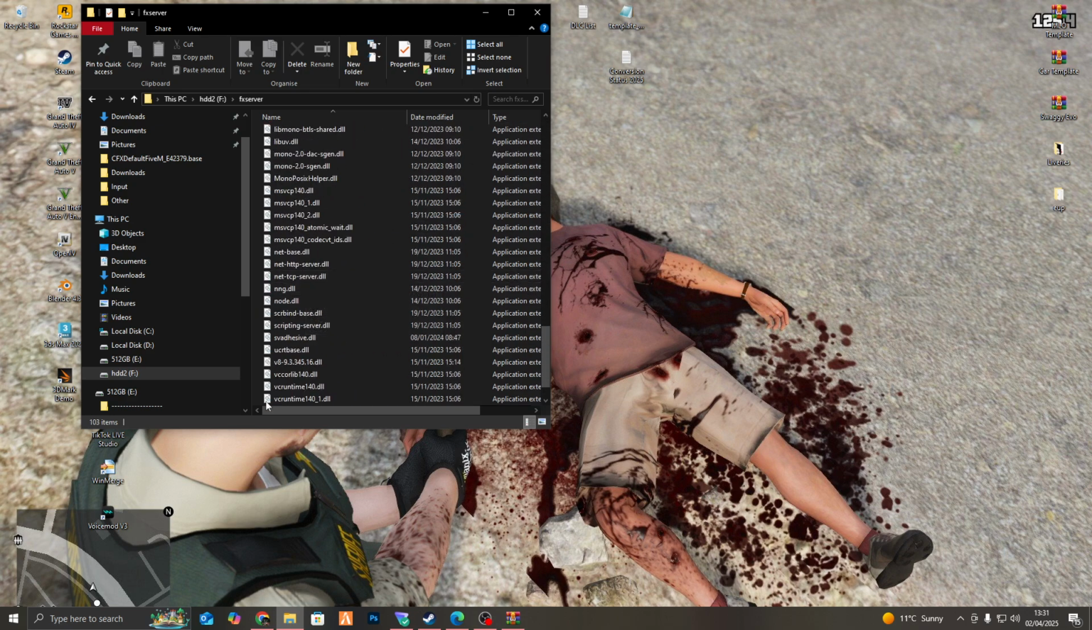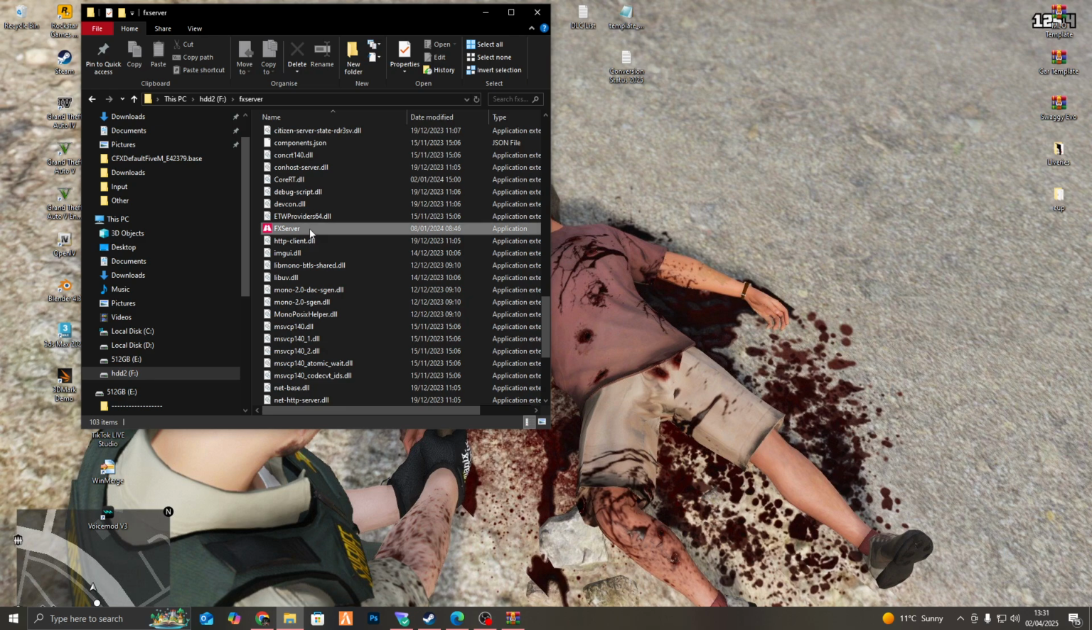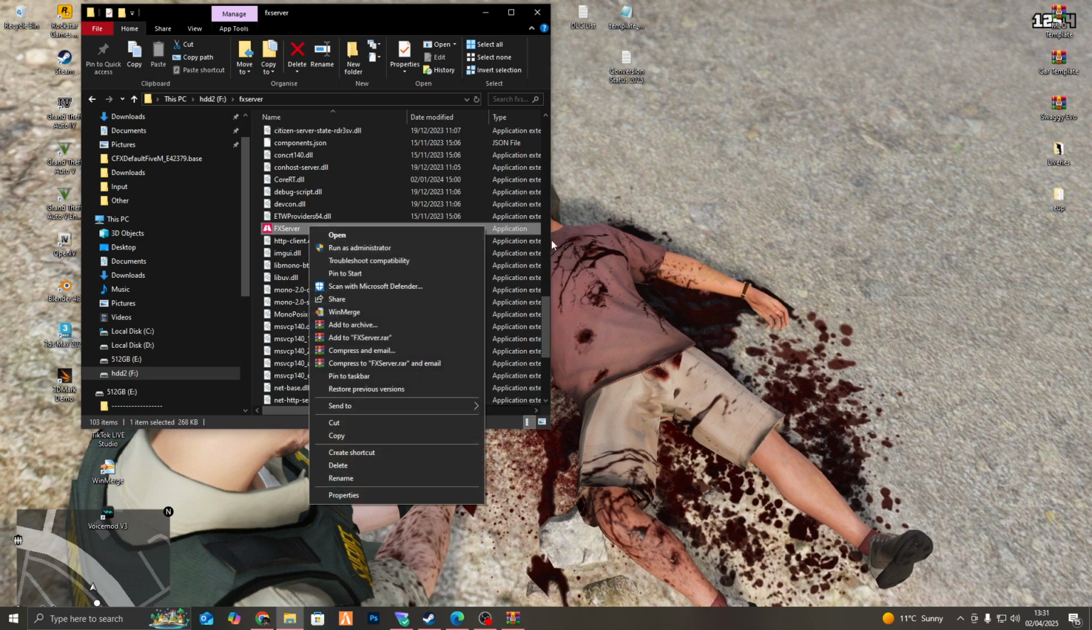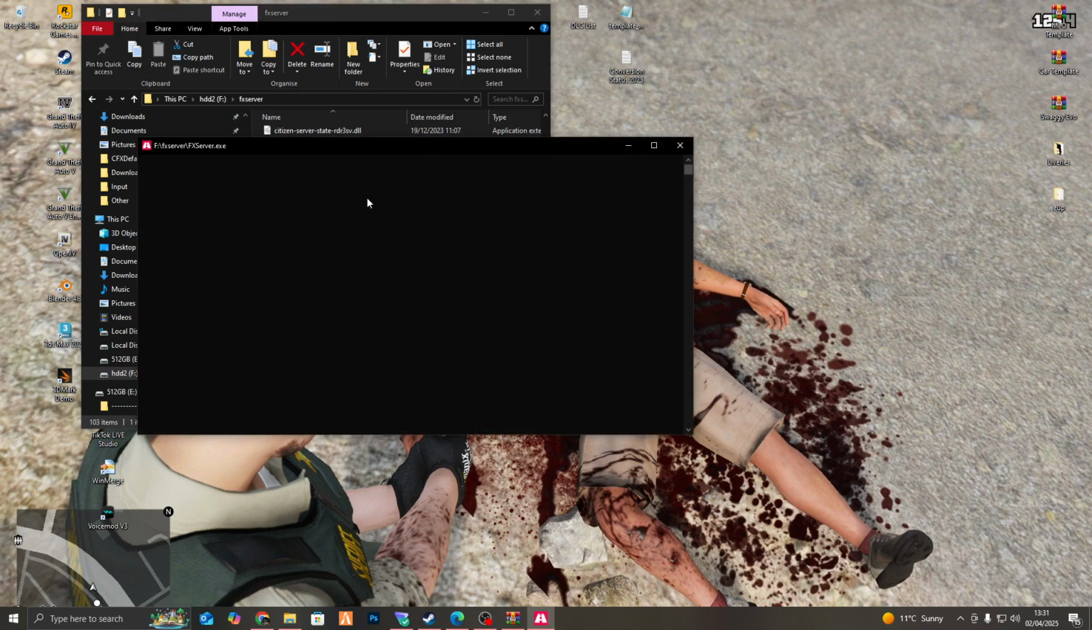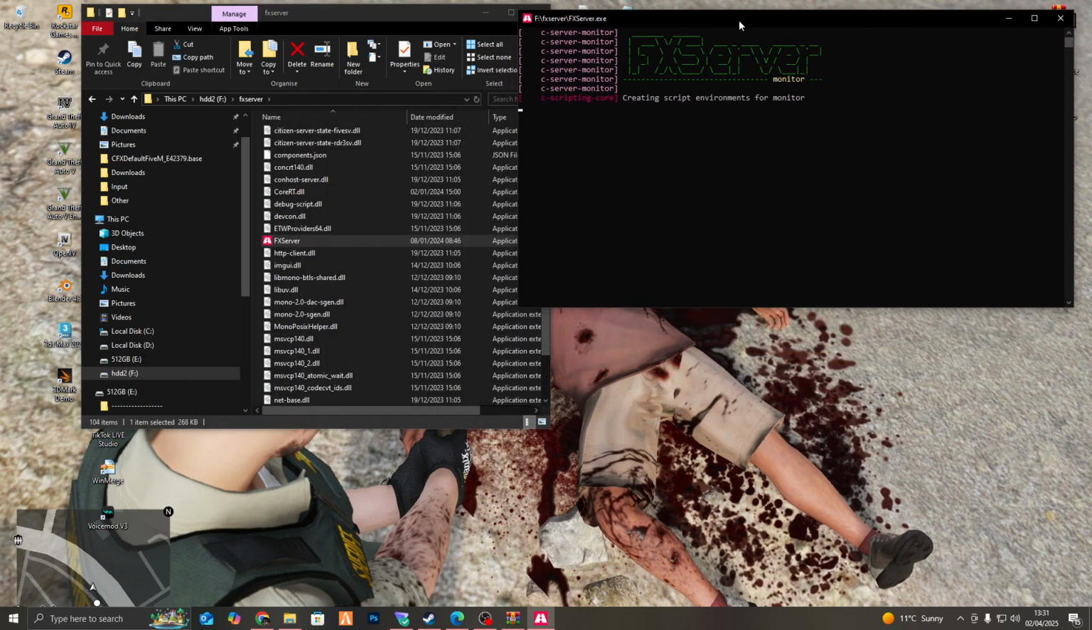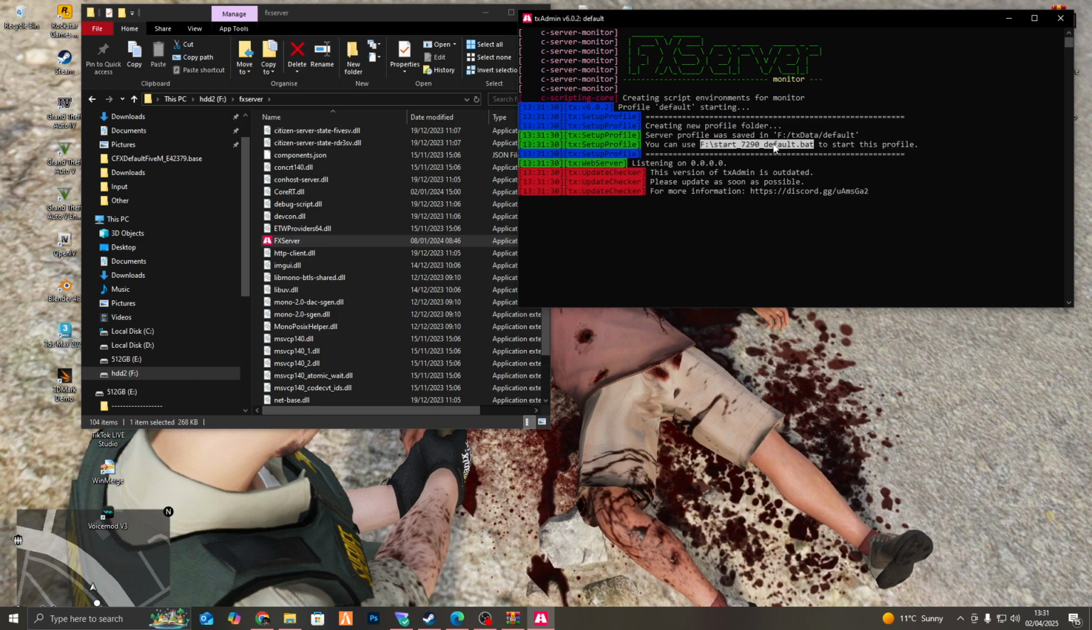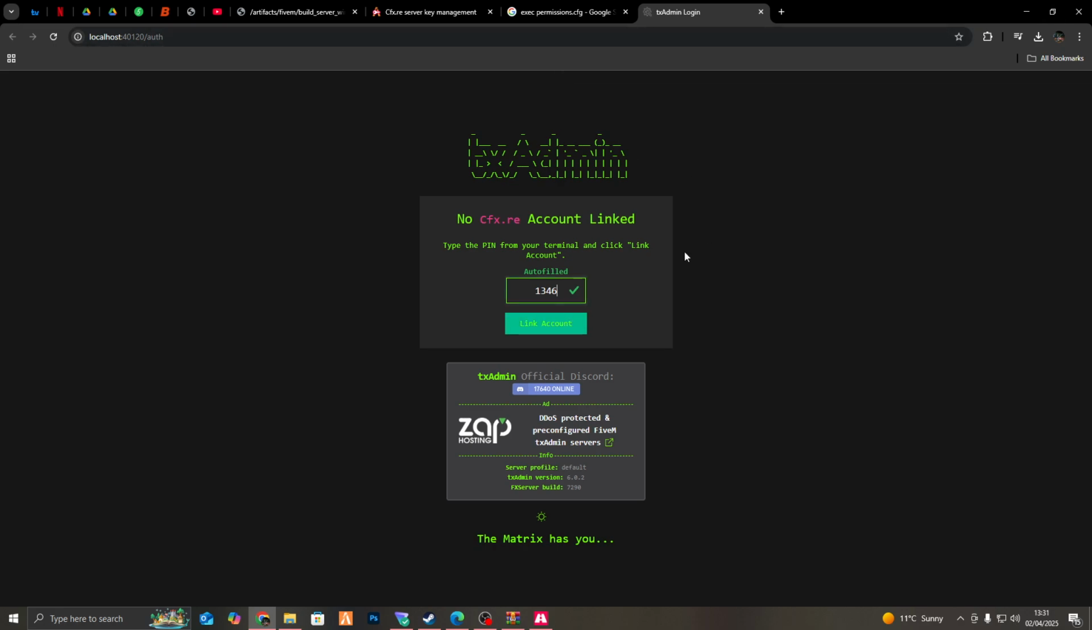and as you can see, we have all our server files in here. Now, you want to find the FX server .exe. You should be able to find it with the red icon. What we're going to do is we are just going to run it. So as you can see, creating script environments, all that. Okay, there we go. So as you can see,